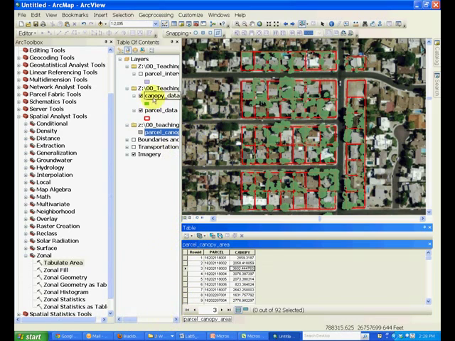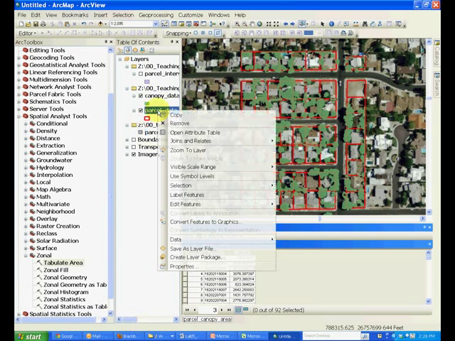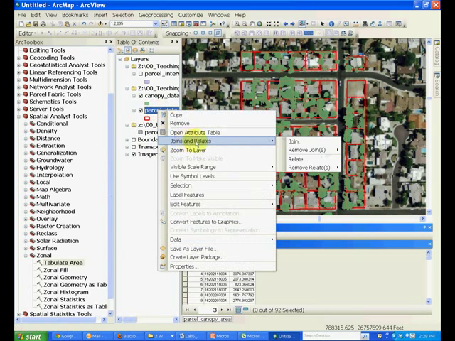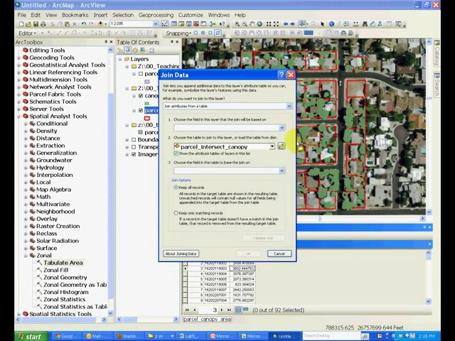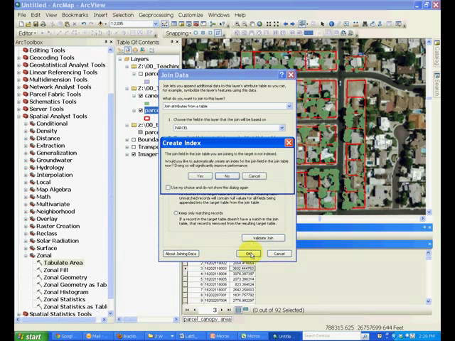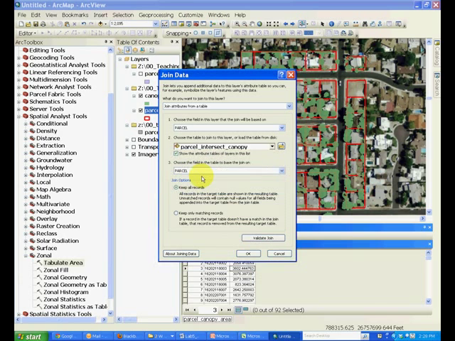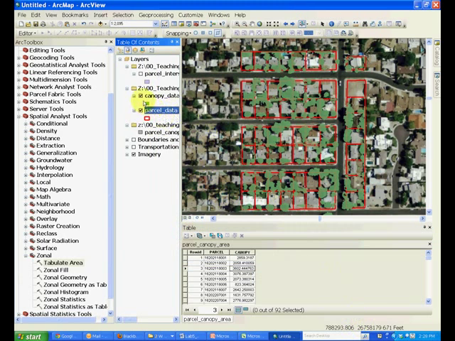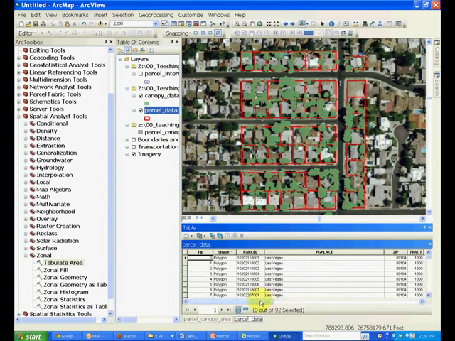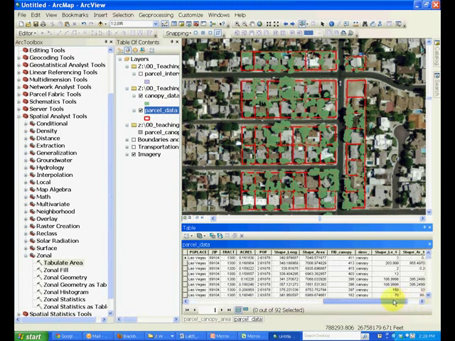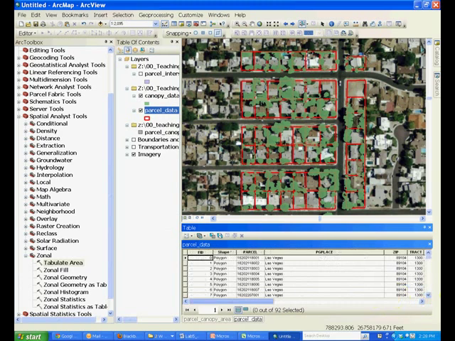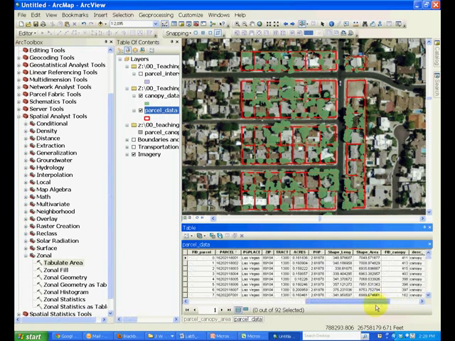Now if you remember, you have learned a tool called Join to see which parcel has a different amount of area. We can go to the parcel data and join this new table that we have created to it. So if we join by the parcel ID, and if you click OK, you will see that it's asking you to generate an index. You can go ahead and do that. And now if you open the attribute table of the parcel data, you will see that it has these new two columns joined to it